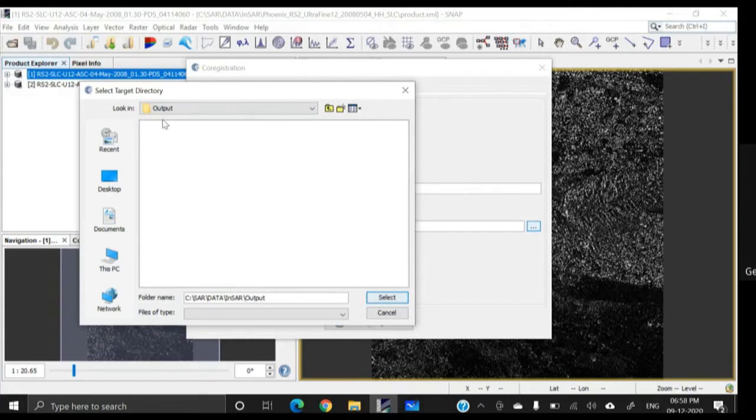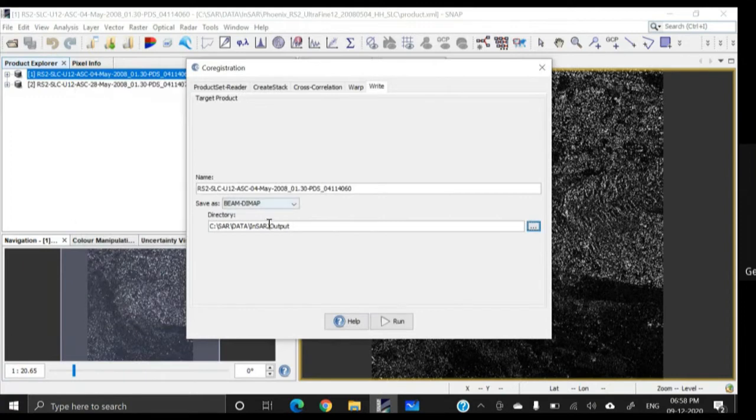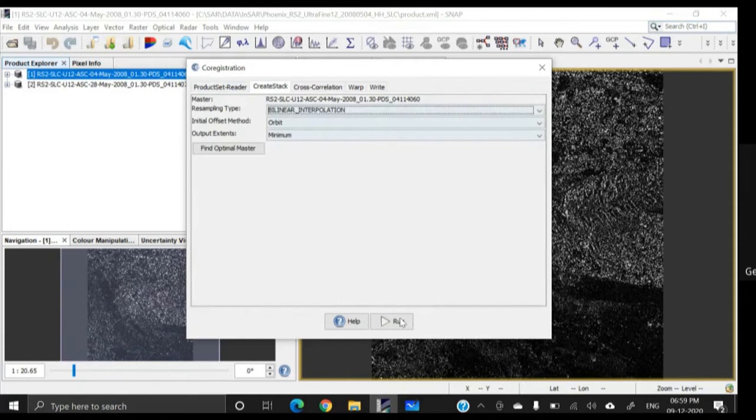I'm defining the output folder and click on select. So the output folder will be selected over here. Okay, and then click on run.